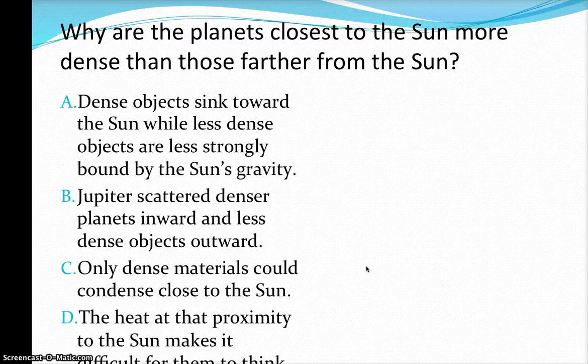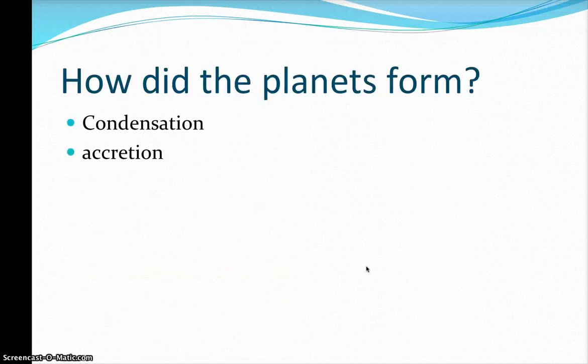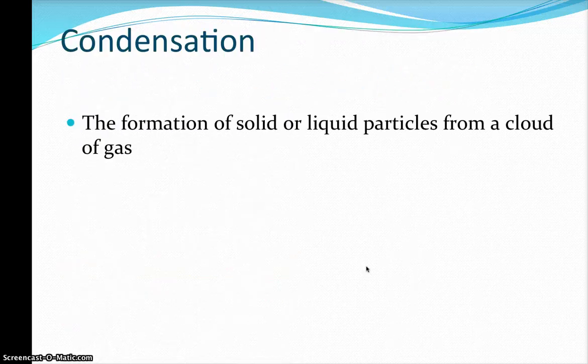near the sun? It turns out that while we might have thought that dense materials would sink towards the sun, it's actually not that, but only the dense materials could condense close to the sun. Now we have to make sure we understand what condensation is. Condensation is the formation of a solid or liquid from a cloud of gas. So think about when you have condensation on your glass. That's water that has formed on the outside of your glass out of the air,